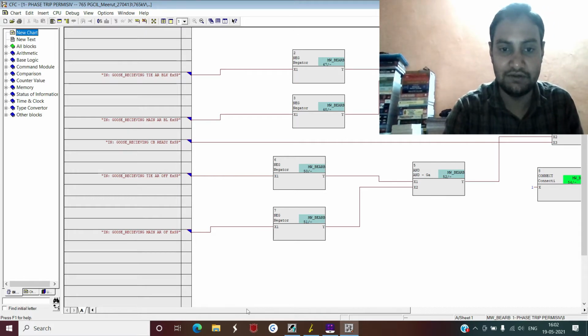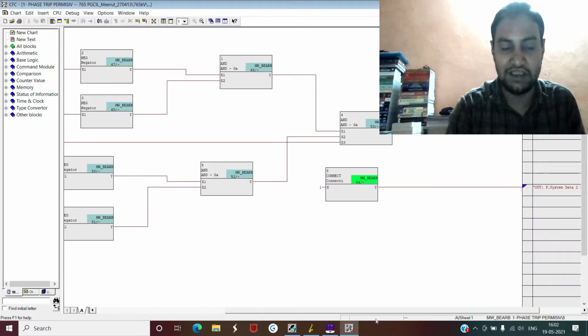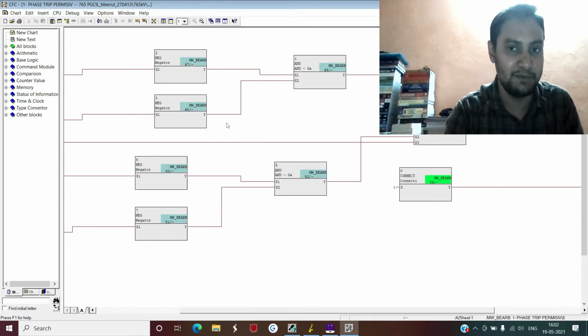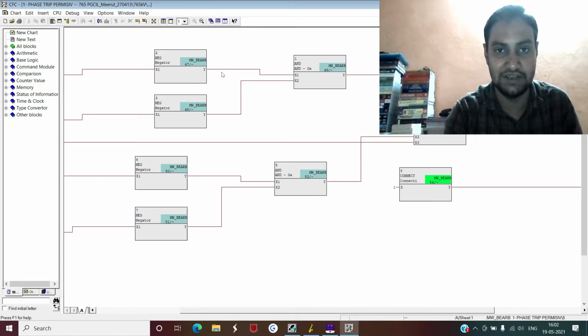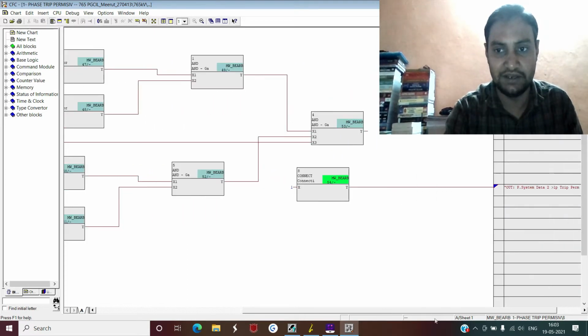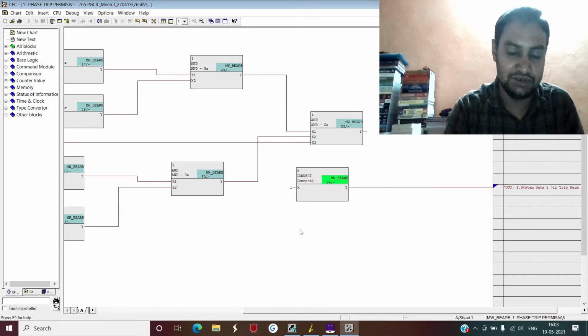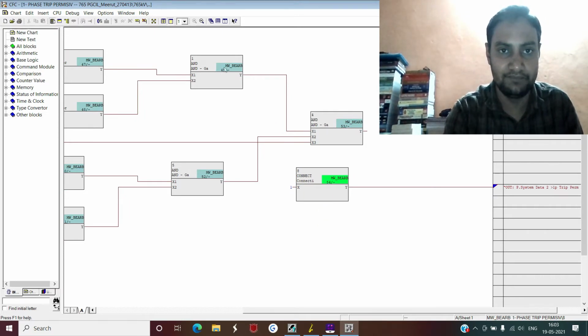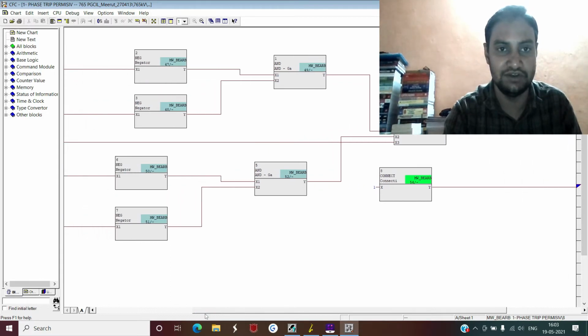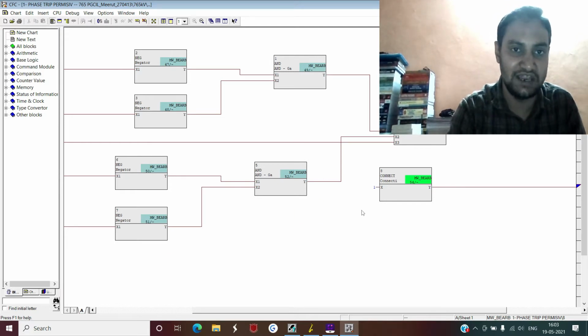Firstly, I am discussing a very simple logic in which I have done nothing. For the purpose of concept clarity, I am not discussing this logic, of which I have already removed the output. The simplest logic is the one where one gate is used, and if you see here, a number is mentioned. This number is 8, and 8 designates the gate number of the logic gate which you are using. If you see in this chart, there are 1, 2, 3, 4, 5, 6, 7, and 8. That means 8 blocks are used inside this page.